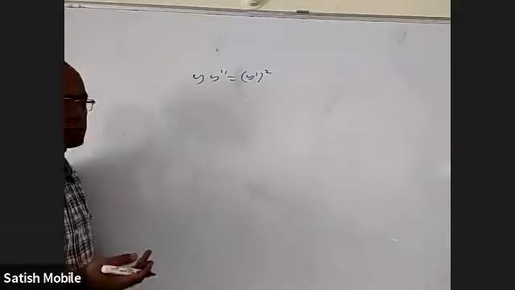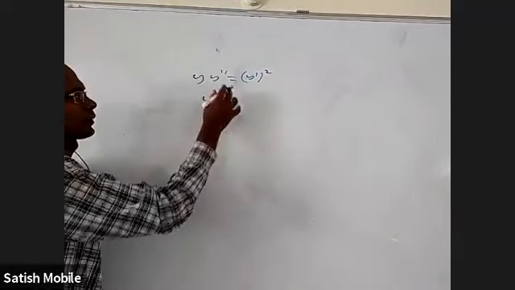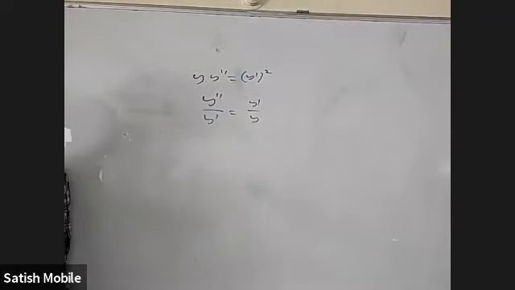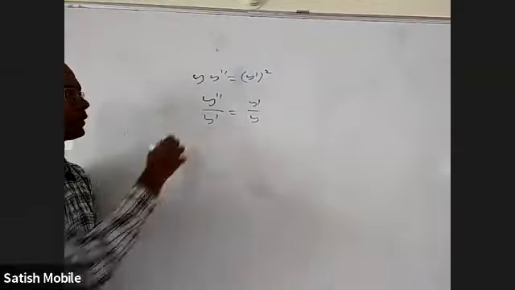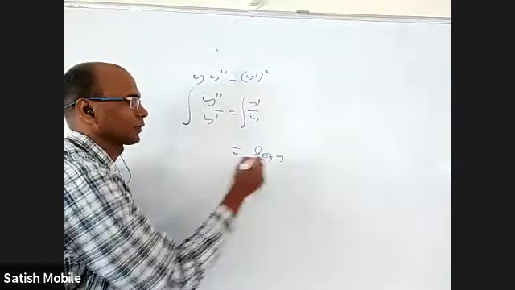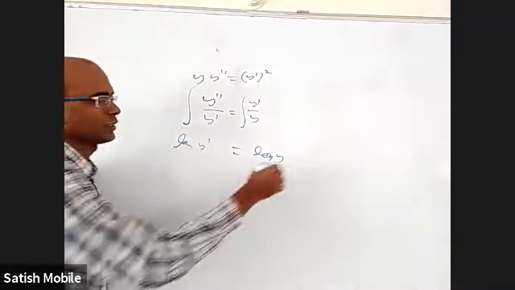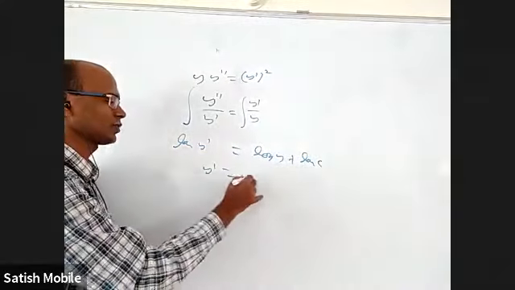Okay, how to solve? You don't have to write it. Just listen. y double dash, one y dash I'll bring this side, one y I'll bring this side. y double dash by y dash equals y dash by y. For this there is a derivative, and for this there is a derivative, right? So when I integrate, this integral will be log y dash, because its derivative is available, and this integral will be log y plus log c. When you remove the log, we'll get y dash equal to cy.